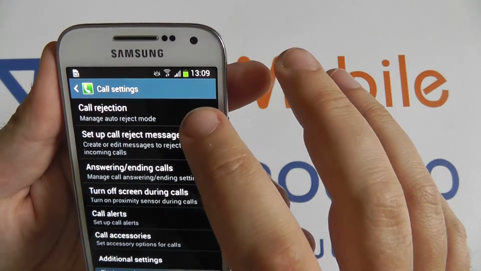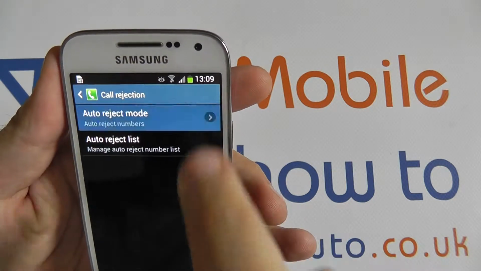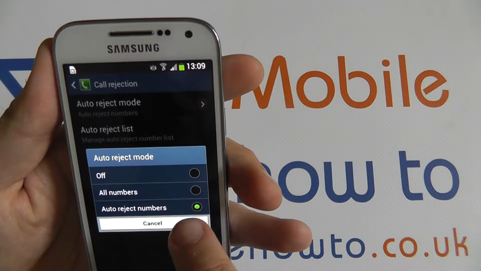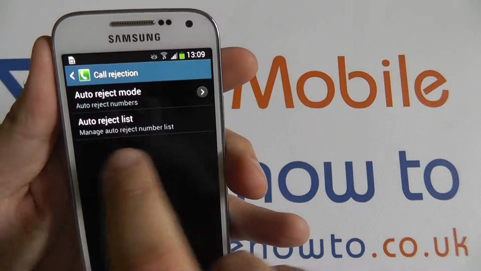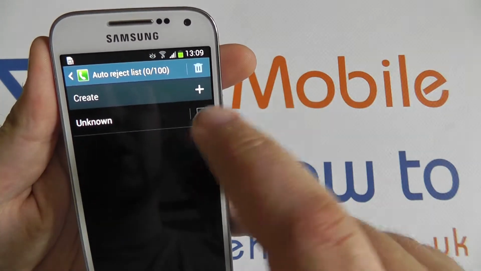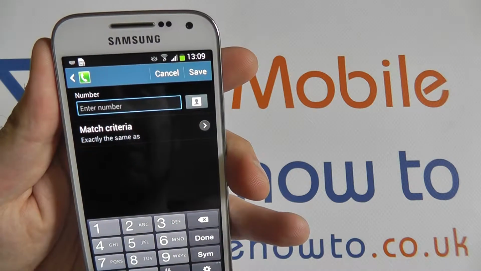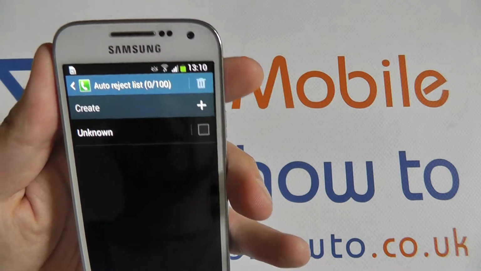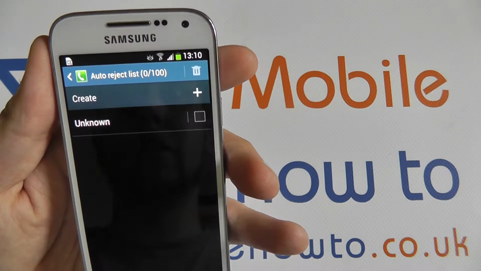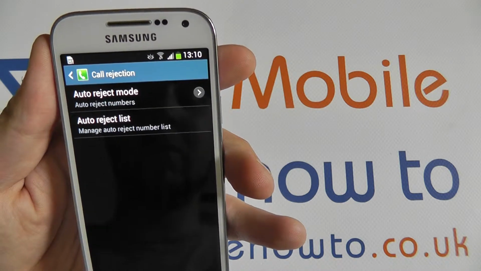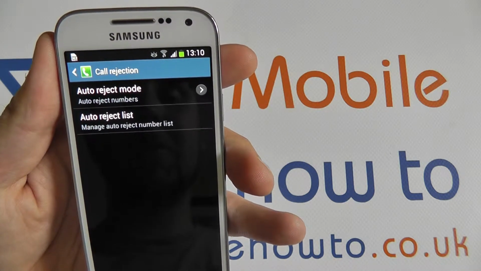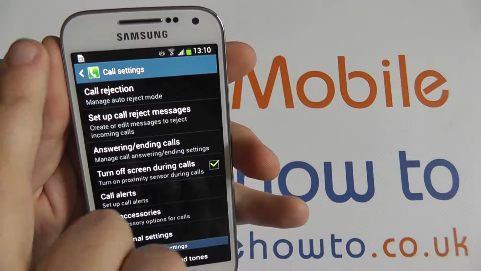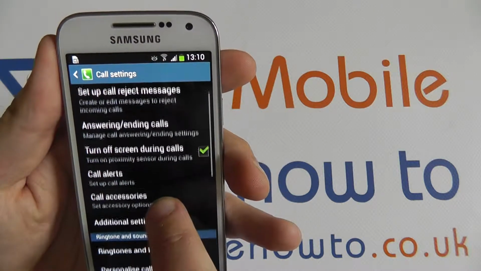First up is call rejection. You can select whether to turn auto reject off, select it for all numbers or just for your auto reject list. And here, auto reject list, you can create, enter numbers, or run through your contacts list and do the same. You have a maximum of 100 numbers at a time, which can be manually put into the auto reject list. You may want to block numbers which you don't know, numbers which spam you, or perhaps you might just be in an environment for a short time where you want to make sure that any calls you receive are